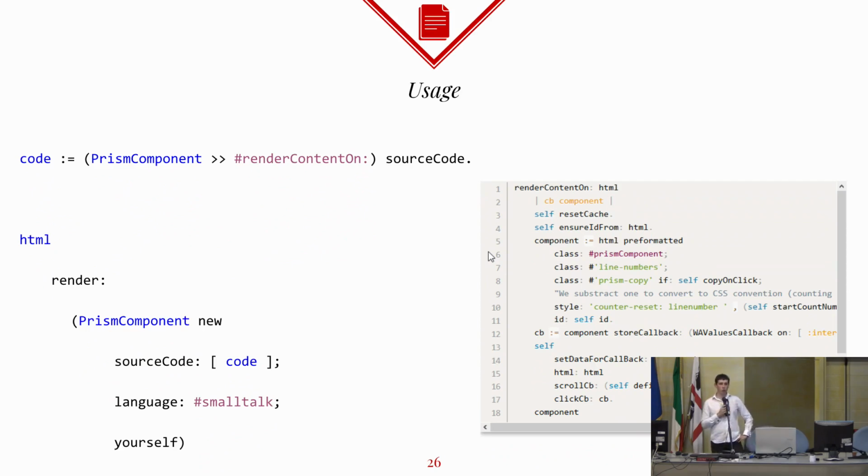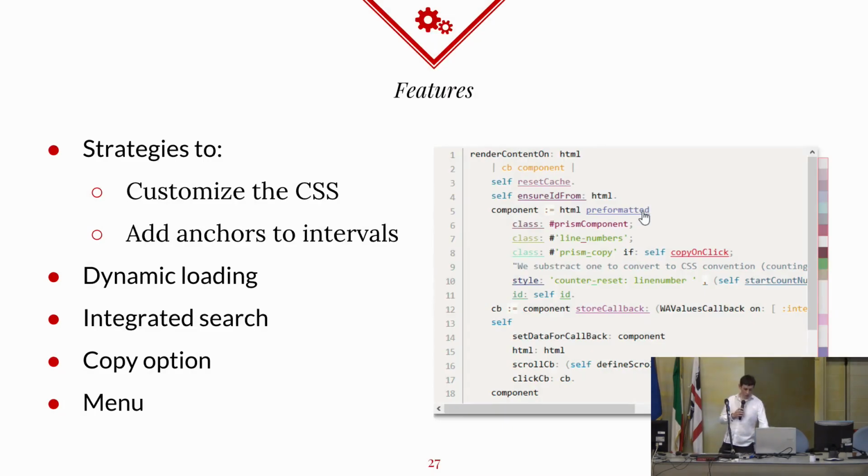So it's pretty easy to use, and it also has some features. For example, you can use some strategies to customize the CSS, because sometimes we wanted to highlight duplicated code. So we just had to say, okay, we have an entity, so just add to the entity the line number of the duplicated part, and you will add a CSS class, and in the CSS we display it in red for the user.